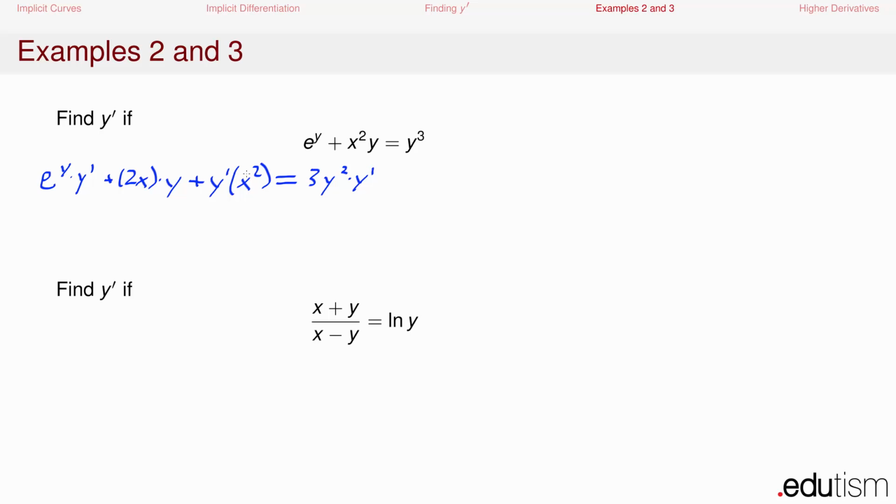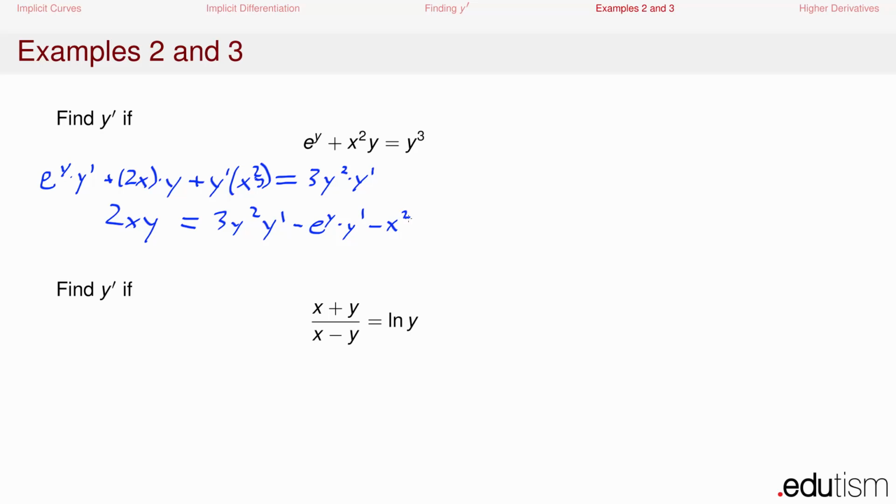So now we want to put all the terms with the y prime in it onto one side of the equation. Well, there's one already on the right-hand side, so we're going to move the other two to the right-hand side. So on the left-hand side, we're just going to be left with 2xy. On the right-hand side, we're going to get 3y squared y prime minus e to the y y prime minus x